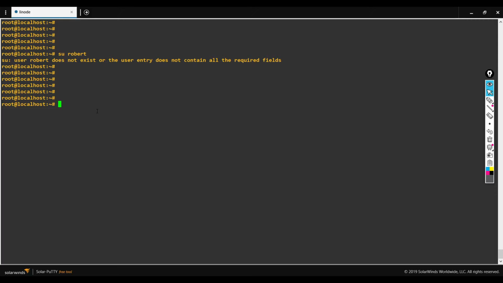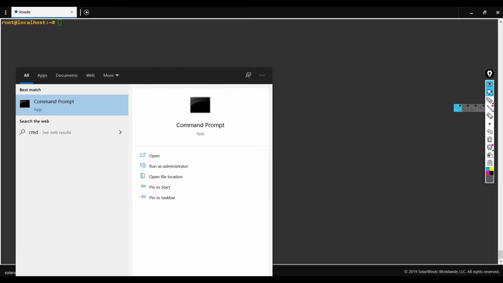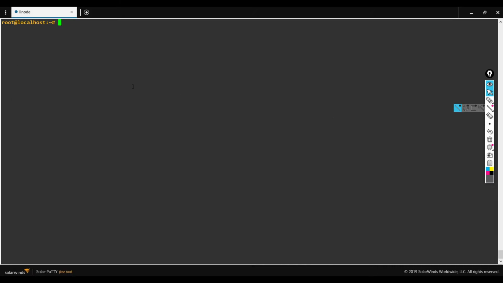Let me explain what it is. Sudo is a special privilege which allows an ordinary user to use the super user commands. It is similar to the run as administrator option in Windows. This particular sudo privilege will be defined by the root user. A file called sudoers holds the information about sudo privileges for every user. I can show that here.